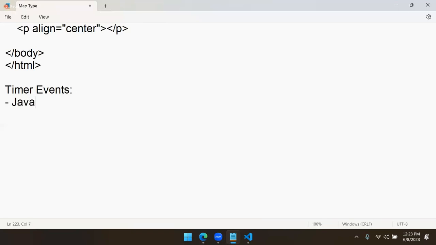JavaScript provides the following timer events. Later in